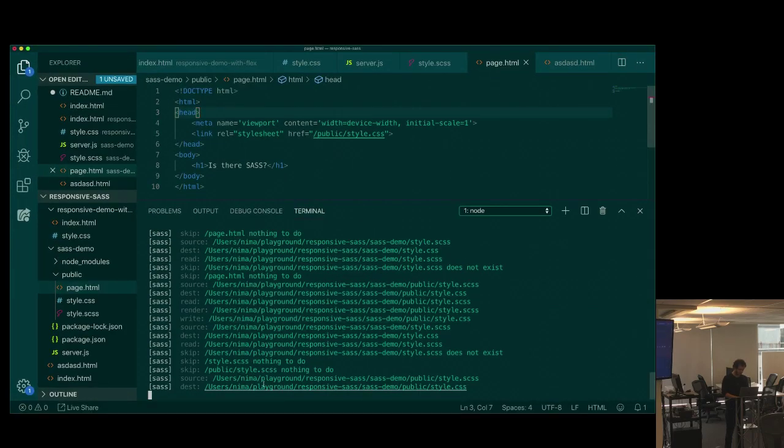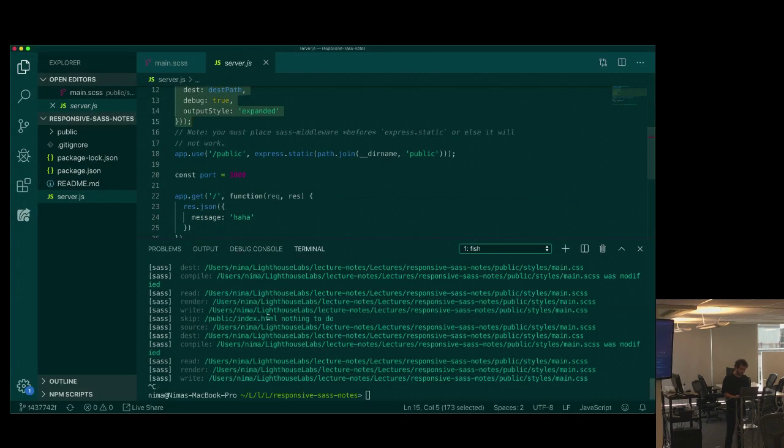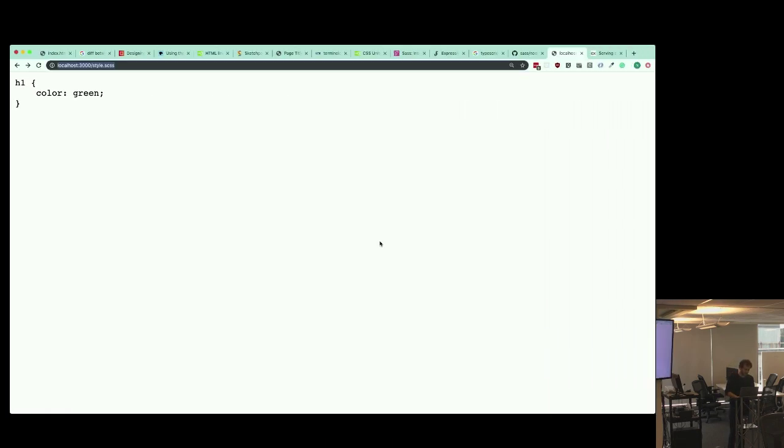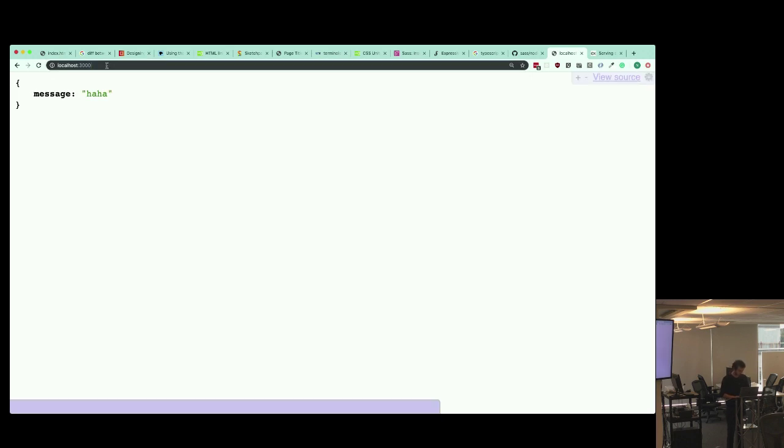So let me stop this server. I'll be giving you the code for that one. And I'm also going to start a different one. I'll show you what it looks like, and then I'll show you the code. So this is a project running on localhost 3000. If I go,